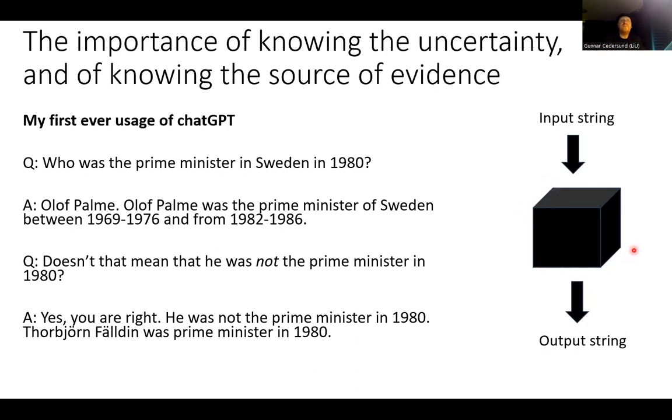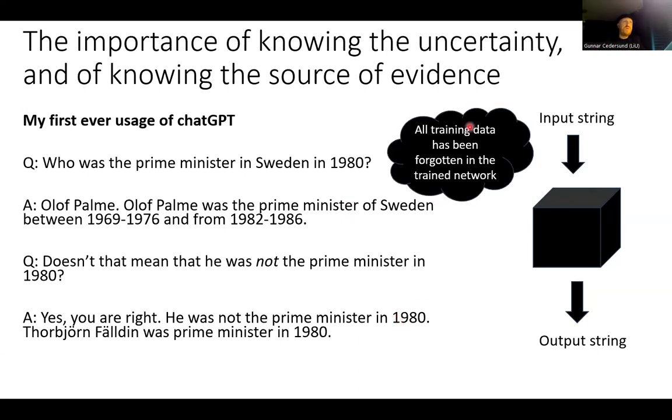And this is because this type of model is a black box model. It takes an input string, which is the question, and it generates an output string, which are these two responses. So that's the only thing it does. And it has forgotten all of the data that was used to train the network. It doesn't know things. It's just something that takes an input and then it generates an output. So the output here would be those last nodes in the neural network that we talked about in the first video in this blog. So that would be the string.